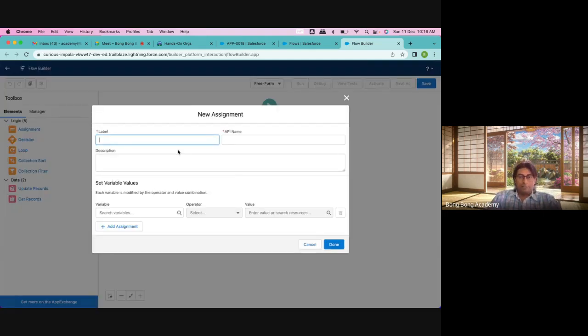Assignment is an activity. These are all activities. You can take decisions, you can do value assignments using assignment, you can loop through sub records, you can do collection sorting and filtering. You can also get records if you want to find some records from the database and do your calculations, and then you can update records. Or this is basically not necessary, as I said. You can directly use the assignment, it will save the record automatically. But before,